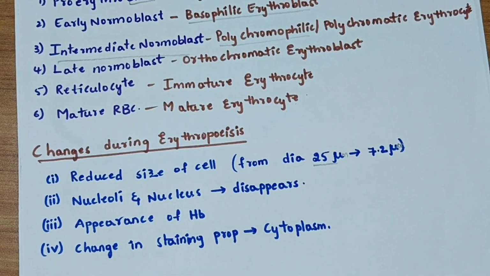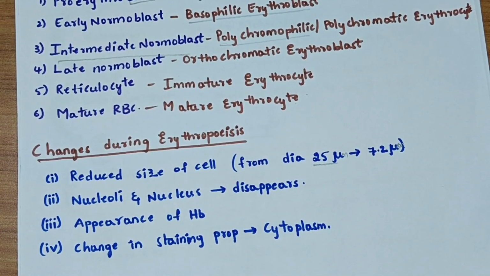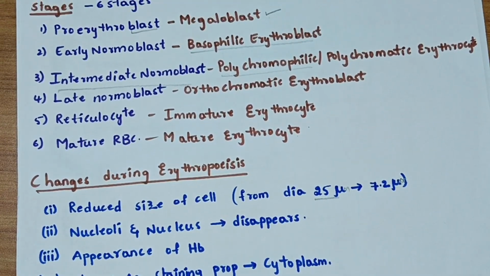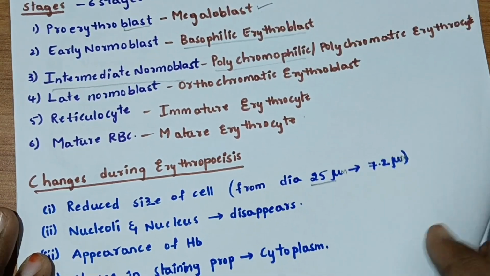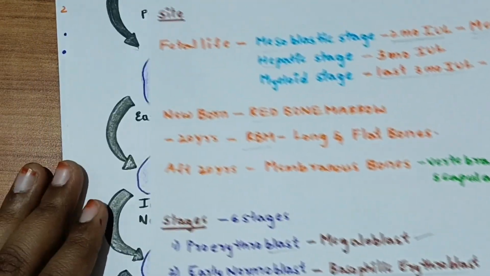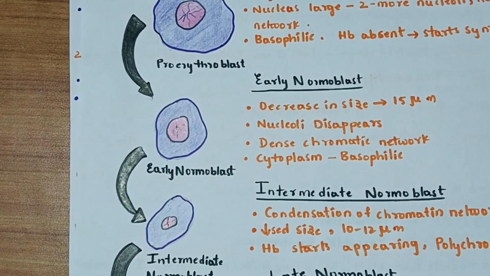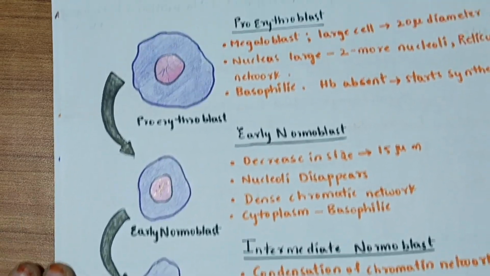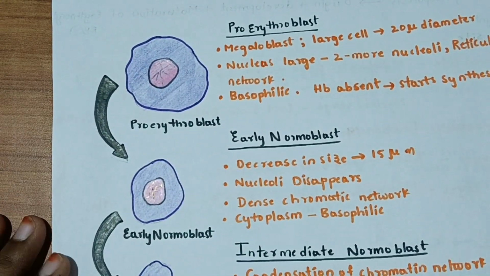And the fourth one is change in staining property. The cytoplasm of the cell priorly stains basophilic. After formation of hemoglobin, which adds acidophilic, it changes its staining property. The staining property of the cytoplasm changes from basophilic to acidophilic. Now let's see the process of erythropoiesis. As I said, there are 6 stages in the development of